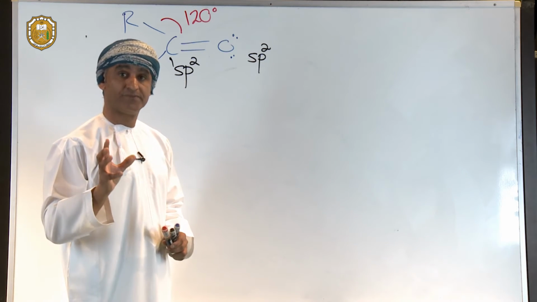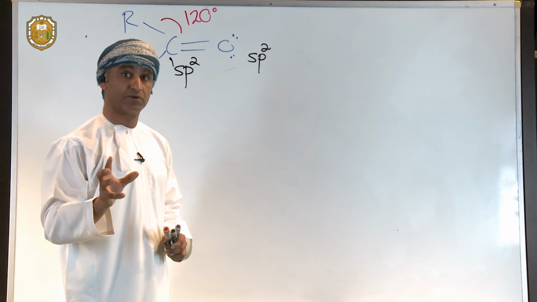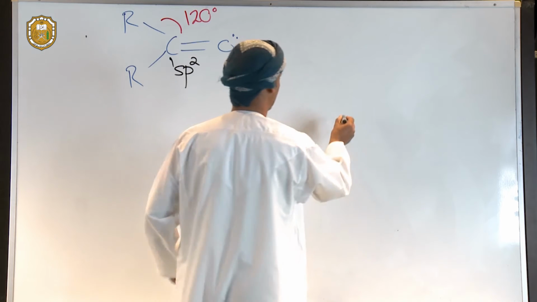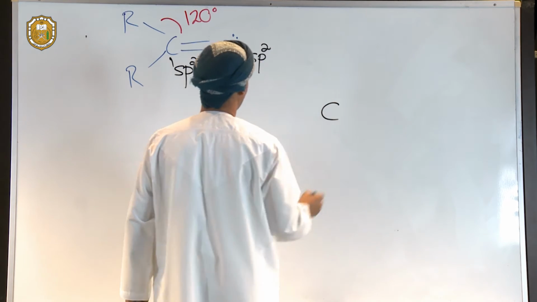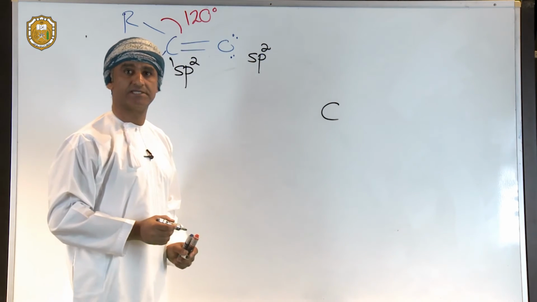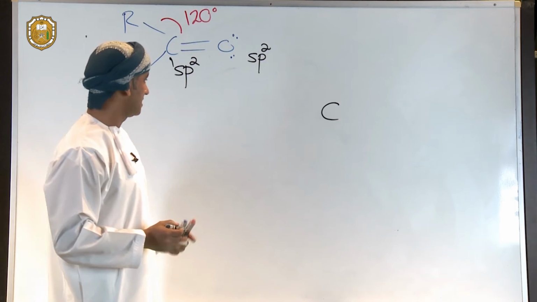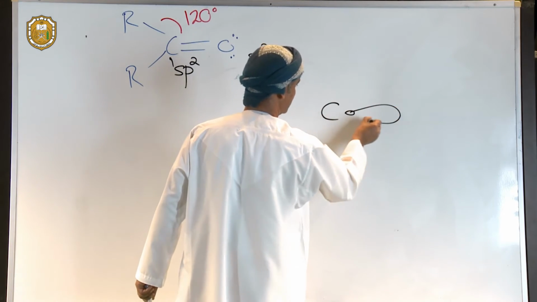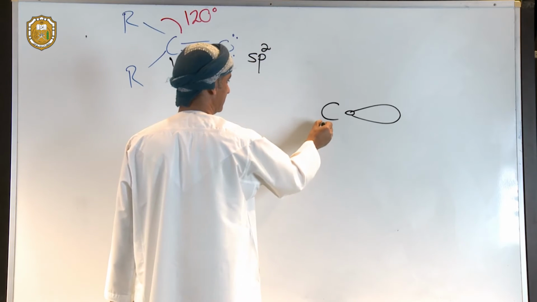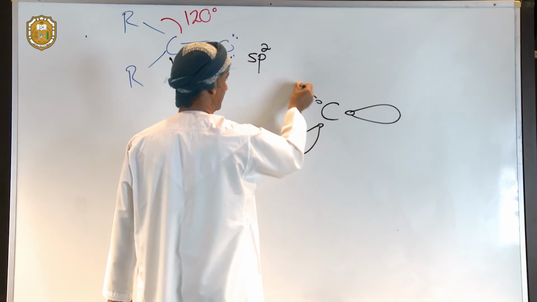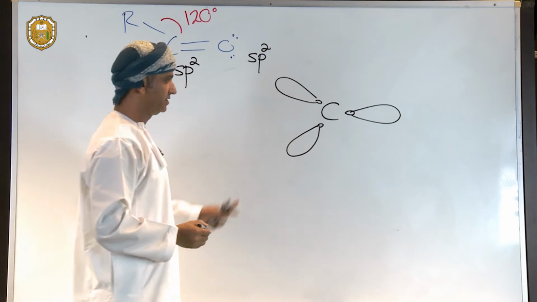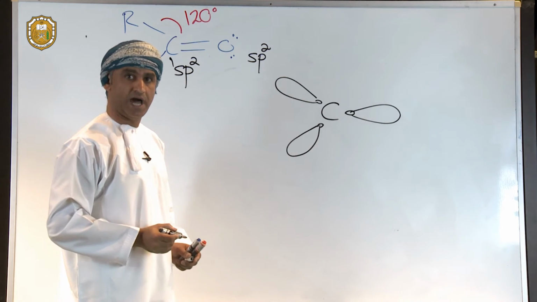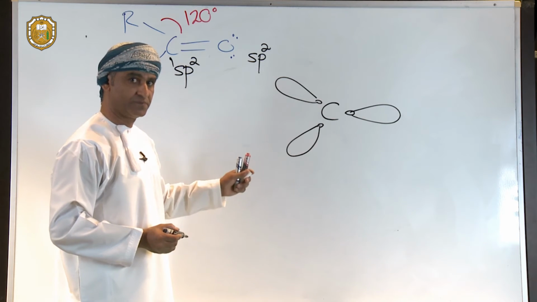Let's try to draw a picture of orbitals or a picture of bonding in the carbonyl group. For example, carbon. That's carbon. Now, we've seen already that the hybridization type is sp2. There are 3 of them, obviously, around carbon. So that's one of them. This is an sp2 hybrid orbital, and that's another, and that's a third one. So each of these orbitals is an sp2 hybrid orbital, and there are 3 of them.